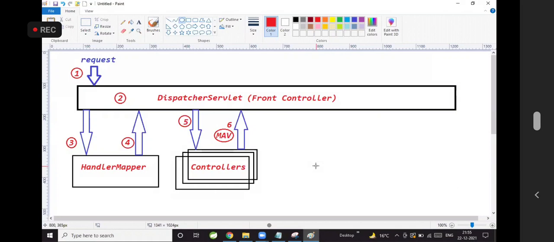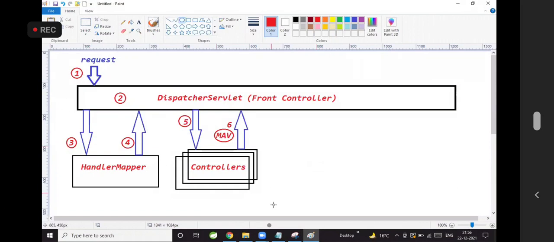I'm repeating multiple times, guys, because it is very important to understand this. Okay, do you want me to repeat?